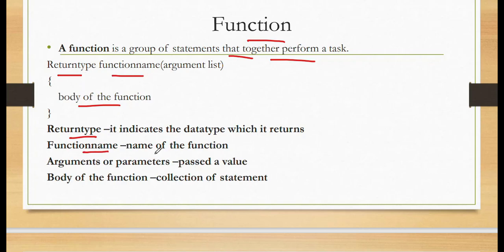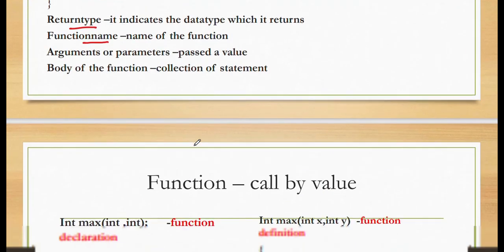Function name is the name of the function. And argument or parameters: what do argument or parameter mean? The values you are going to pass inside the function. Okay, and the body of the function is the collection, the set of statements. Okay, so here I am going to explain with a simple